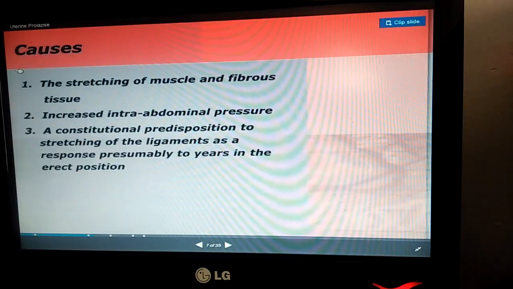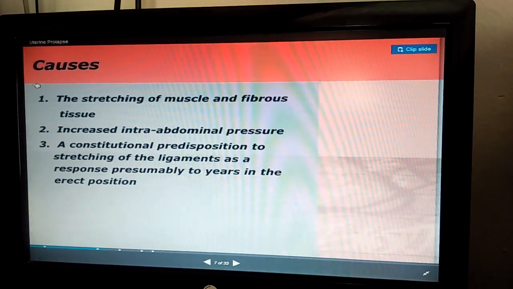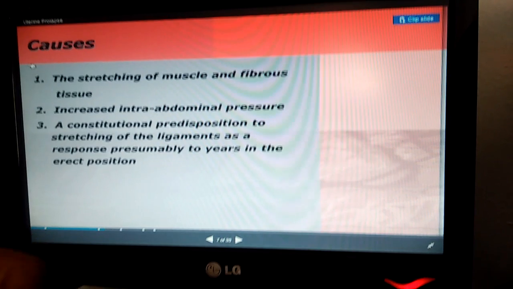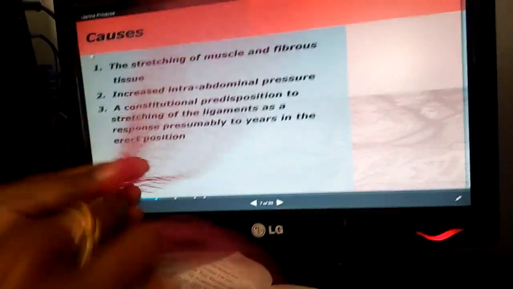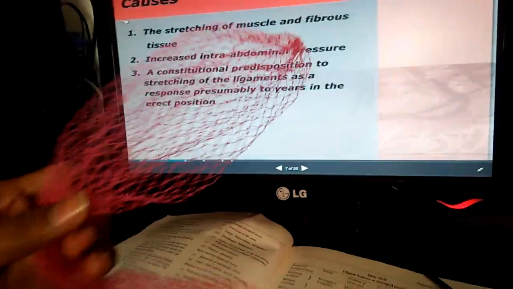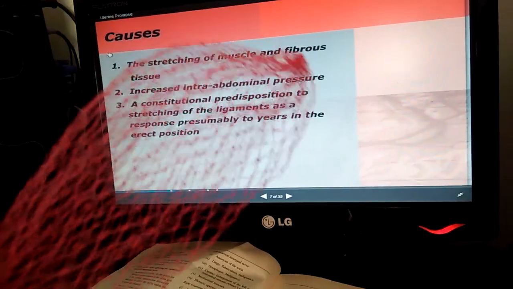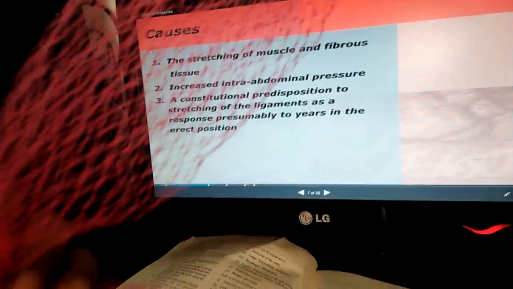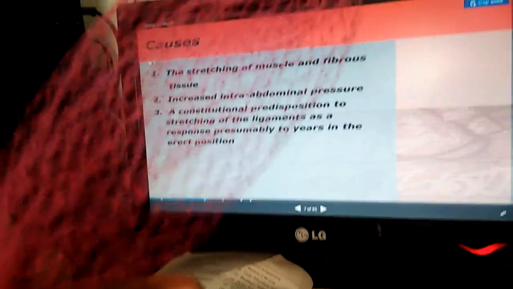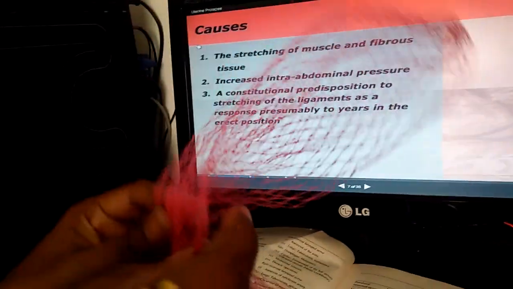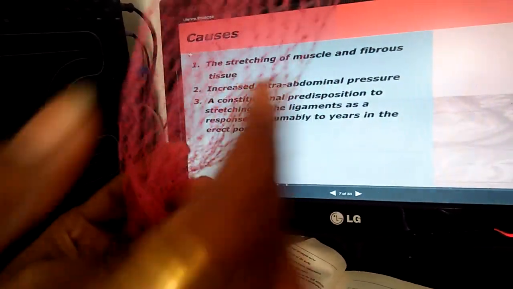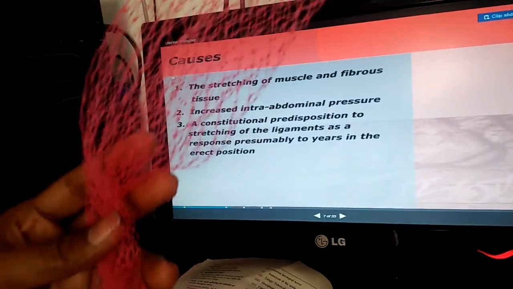But if you broadly classify the causes of genital prolapse, the commonest thing is this: whatever the position of the uterus, what you see in this diagram, the uterus remains in this position because the supports are normal. If there is a normal support, then it does not go downward. If there is any weakness in the supports, as we know, the uterus has three tiers of support: upper tier, middle tier and lower tier.